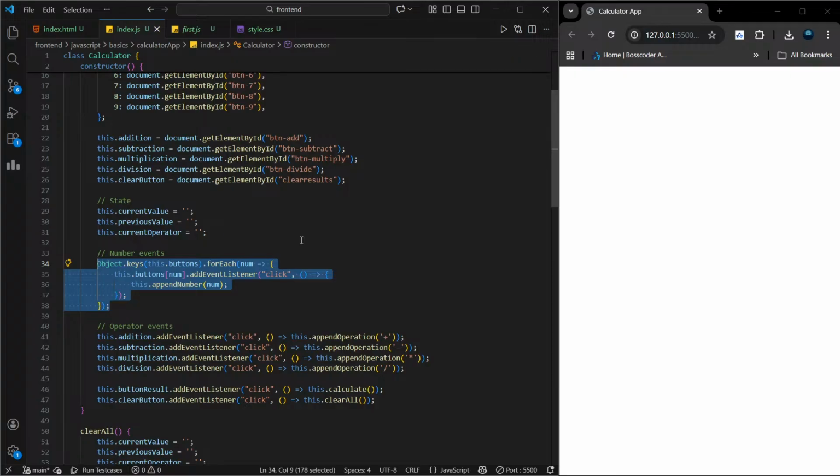तो ये जो तुम कर रहे हो वो सारे बटन्स को एक बार में हैंडल करने का तरीका है। Object.keys(this.buttons) से तुम सब बटन्स की कीज 0 से 9 ले रहे हो, और forEach के जरिए हर बटन पर इवेंट लिसनर लगा रहे हो। इससे तुम्हें एक एक बटन पर अलग अलग कोड नहीं लिखना पड़ता, और सब बटन एक ही पैटर्न में हैंडल हो जाते हैं। ओके, नाइस।